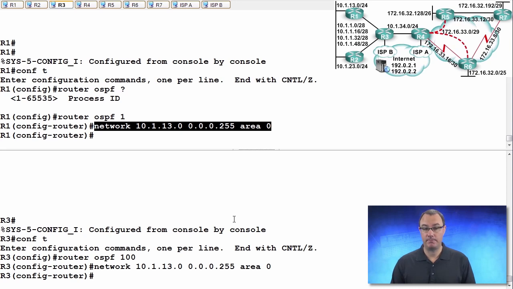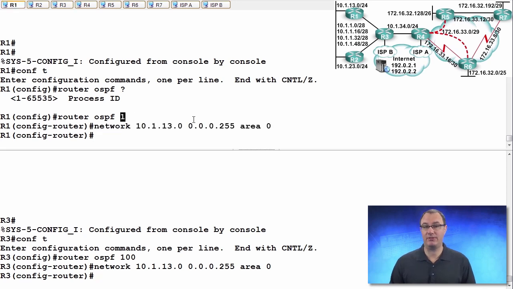How do we know? Well, we know because the process ID is locally significant. It is locally significant to these routers. It is not shared in the hello packets. And so if I confirm this, do a show ip ospf neighbor,